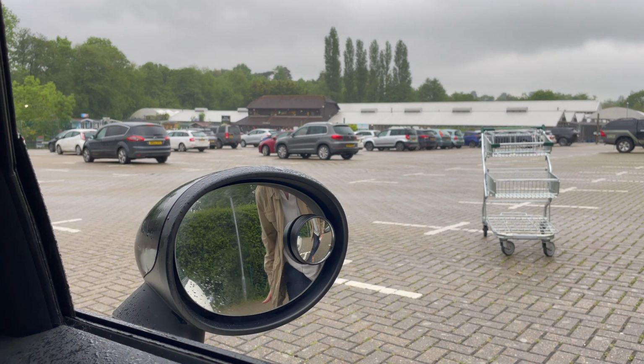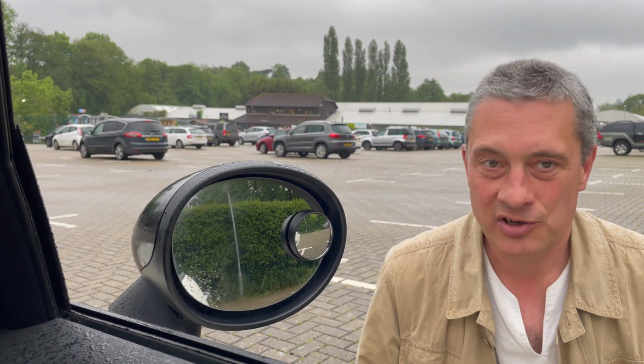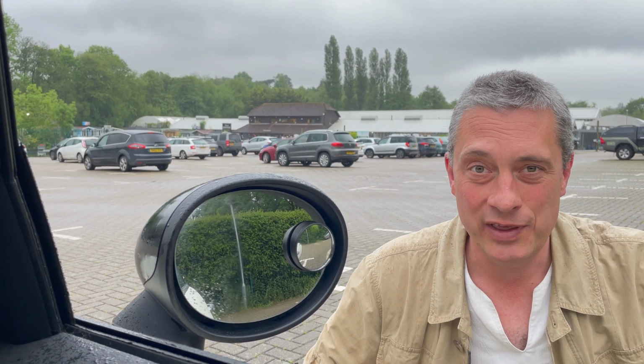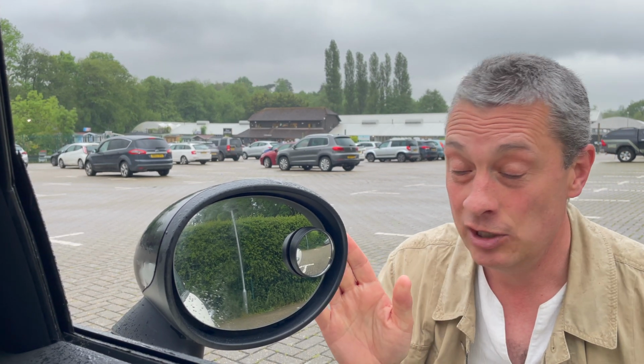And this white line here is really important because we're going to be using that when we're parking in bays. Maybe it could be a curb. And it's quite a useful thing to be able to see that white line in the mirror through the little blind spot mirrors. That's a real good thing. It makes it a lot easier to pass your driving test if you've got those on both sides of the